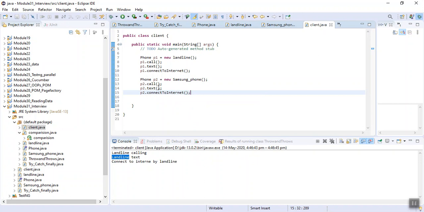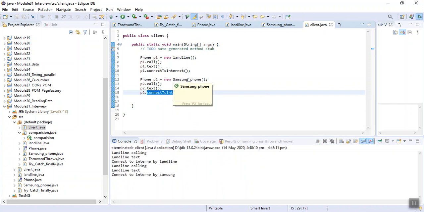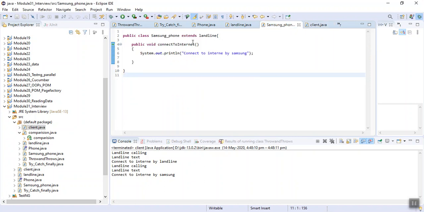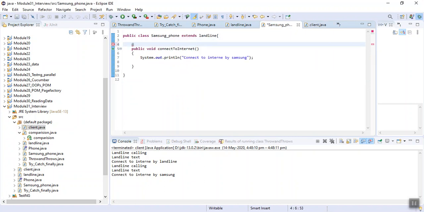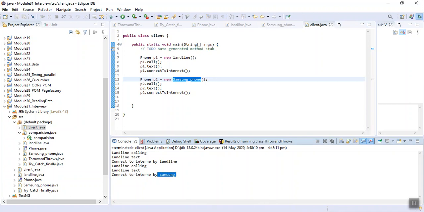But the difference is that p2 is now pointing to Samsung phone, because we have an object of Samsung phone. So what we get here, this Samsung phone function is overriding the function of landline here. It has overridden the function because now Samsung connect to internet function is being called.